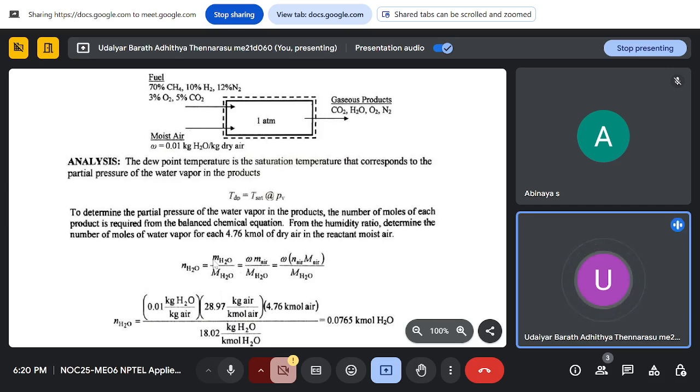So mass of water is omega into mass of air, and mass of air we can write in terms of moles: molar mass of air into number of moles of air. So we get omega into moles of air into molar mass of air, divided by molar mass of water. So substituting the values here,